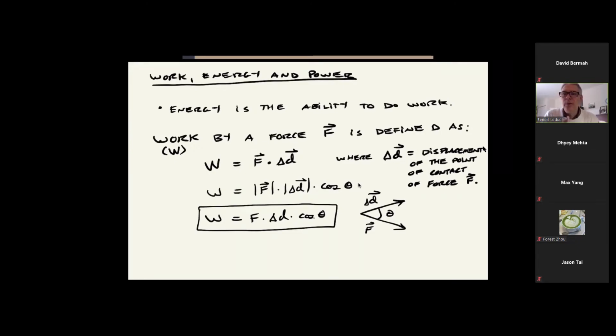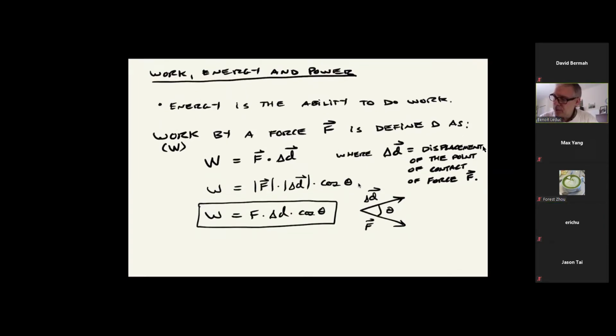What's the work done by gravity on my iPhone? It doesn't have to be going at constant speed, right? Eric, Hugh? Zero. Zero, why? Because cosine 90 is zero. That's correct. The force of gravity, so in this case here,